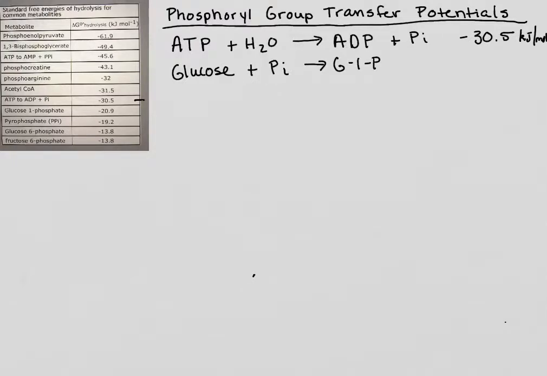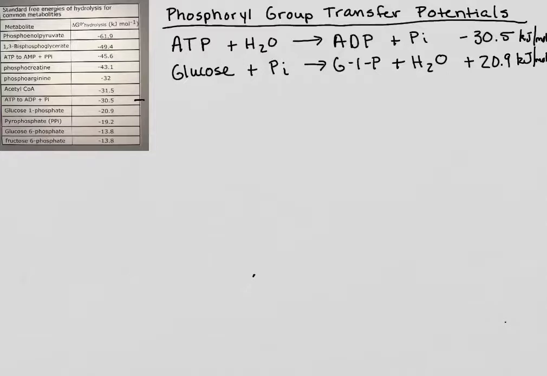And here, because we're writing the reverse reaction of what is in our tabulated hydrolysis table, if we were looking at the exergonic reaction, we'd be looking at the hydrolysis of glucose 1-phosphate. So reverse reaction here, of course, also means reverse sign on our delta G naught prime. So it would take 20.9 kilojoules per mole